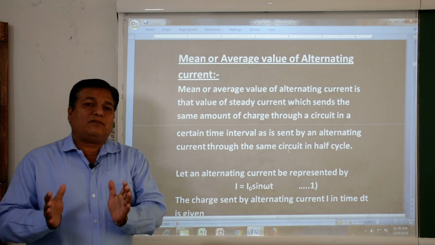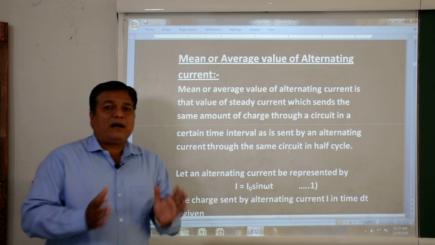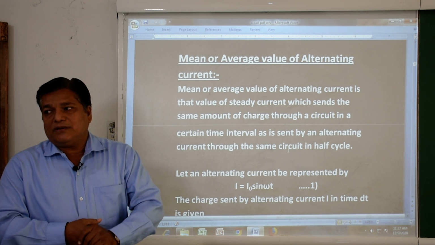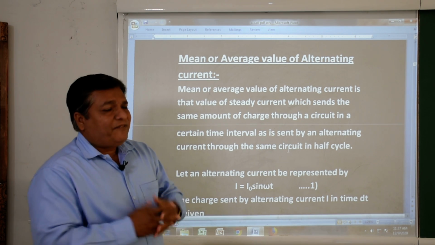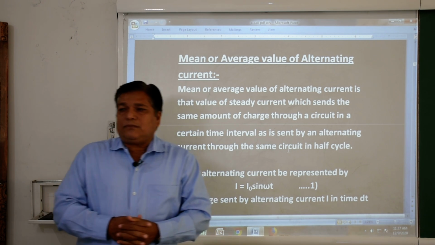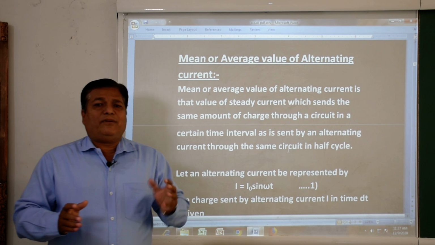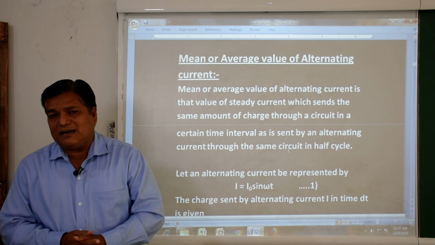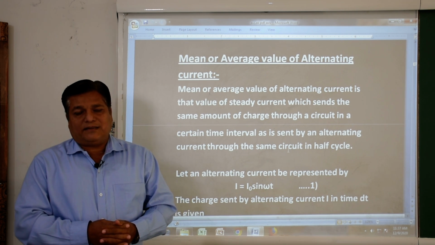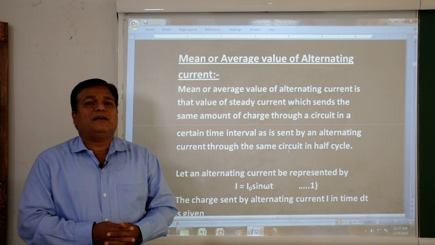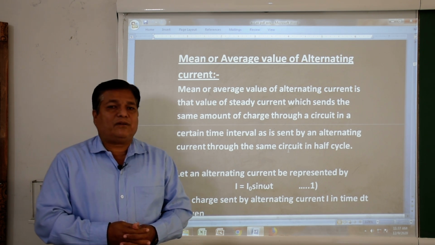In order to take out the average or mean value of alternating current, we have to compare it with direct current. We can generally use two types of methods: component methods and effective methods. What do we understand by the component method? I = neAv_d is the expression we have seen in current electricity in chapter number 3, which involves the number of charges. This is said to be the component method. We cannot count the number of charges flowing through AC, so the component method will not work.